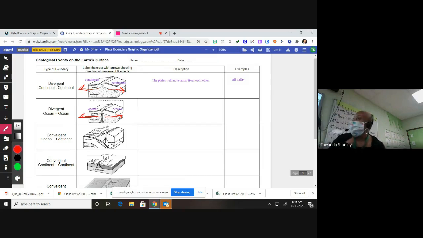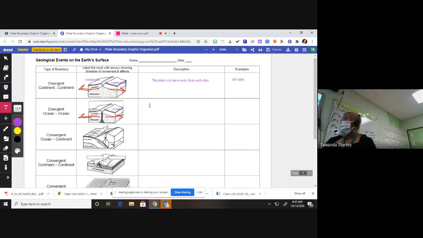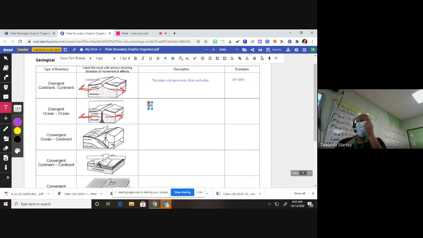So with this particular one, the plates are going to still move away from each other. The plates are moving away from each other. Okay. Also, there is new crust forming. New crust